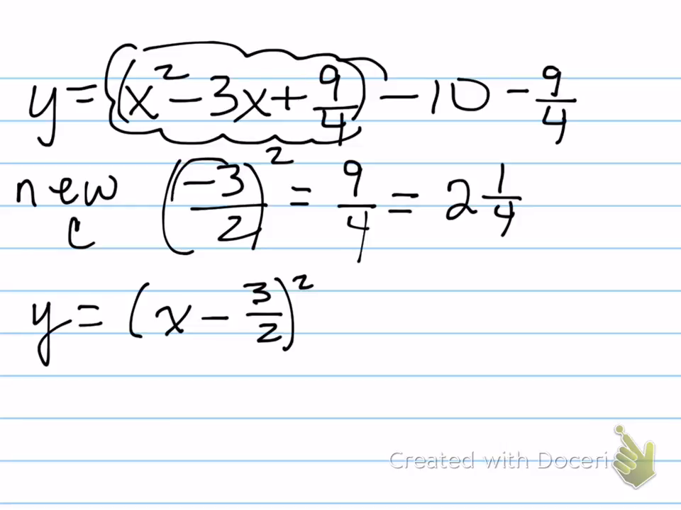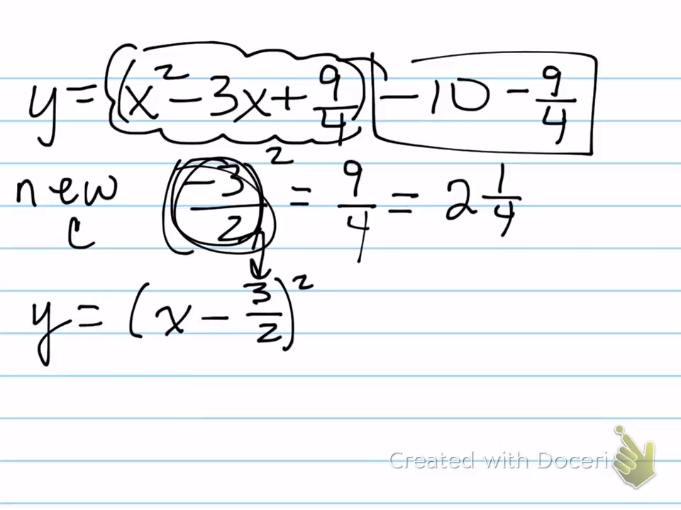The easy way to find it is just to look when you created your new c value, and that b divided by 2 would be the second part of your binomial. And then we had a negative 10 take away 9/4 at the end. That would be really like a negative 10 take away 2 1/4, so that gives us a minus 12 1/4 on the outside. Our vertex, therefore,